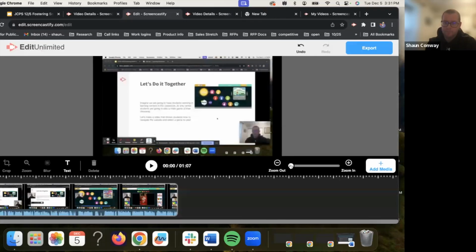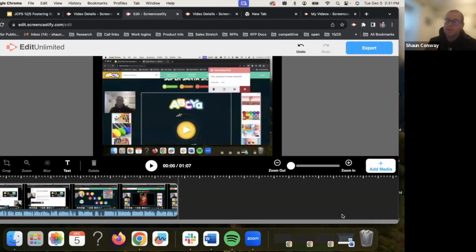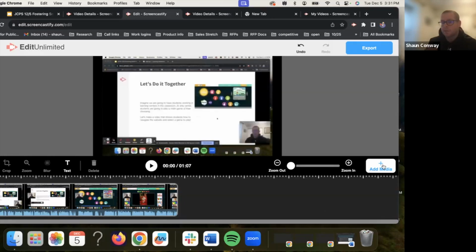But for us, I want to just point out a couple quick tours in terms of what are some strong, more commonly used components of our editor. The first is that we are a web-based editor. You can certainly download and edit all Screencastify videos, but you can also edit any MP4 or .mov file that you have on your computer. And that is going to just be super easy.